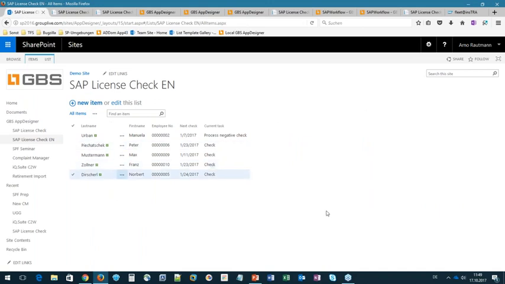Okay, so now I'm going back to the list, because what I've shown you here is the provider-hosted admin. That's for administrators and designers. The regular users will continue to use lists and libraries. And if we look at just one of the examples,